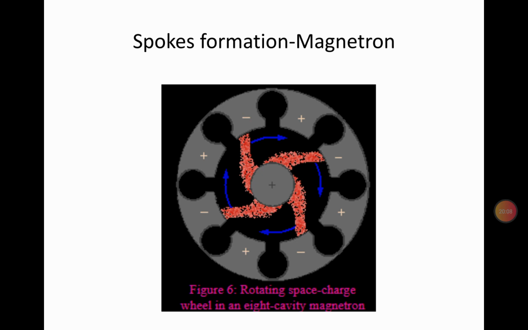Now you see these arrow marks. What are they indicating? I told you this is the RF field. It keeps changing with time. So these spokes also, spokes meaning this path, keep rotating. The electron group also keeps rotating, and thereby they are going to